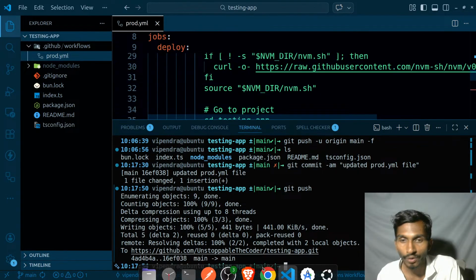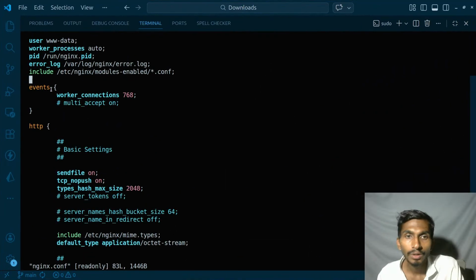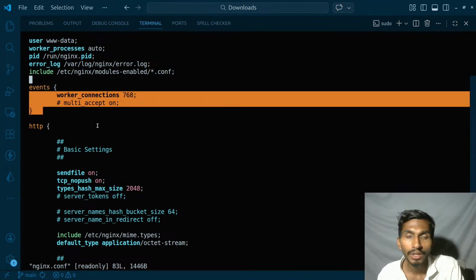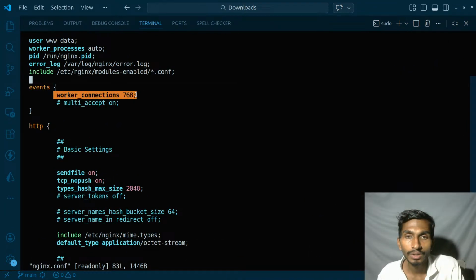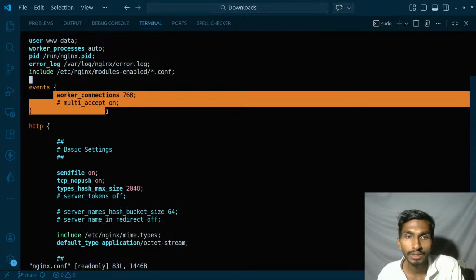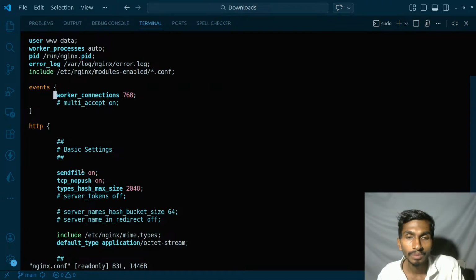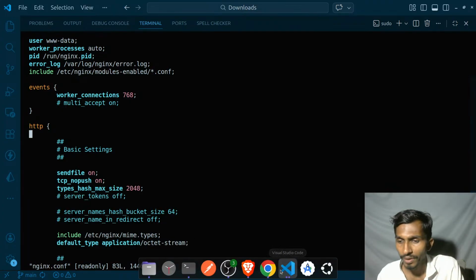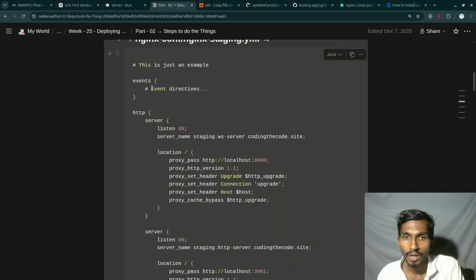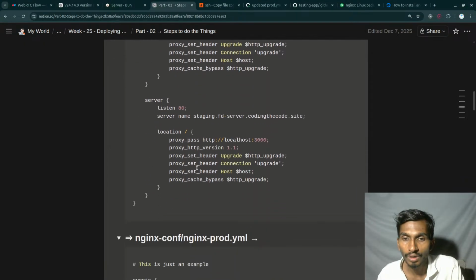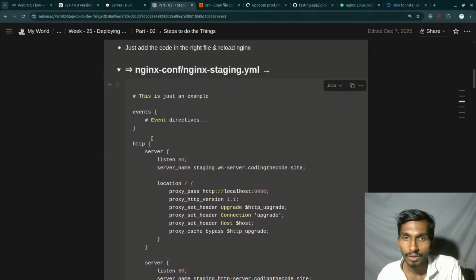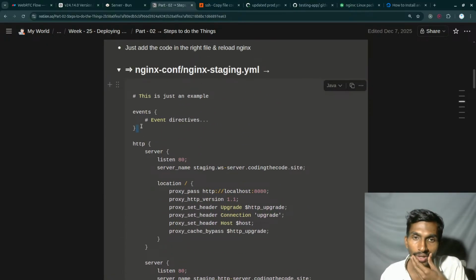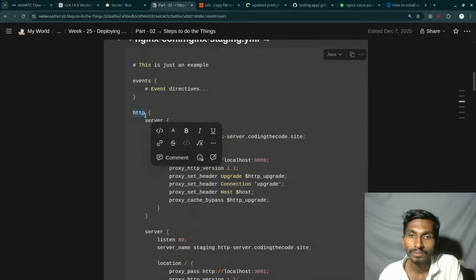And if I go to here, it has events and worker_connections 768, multi_accept on, which is commented, and then basic configurations, this include and all. Ultimately it does the job. But having said that, I don't need this all over here. Rather, events, even this is not needed, so I can remove it. That's going to be http, server,